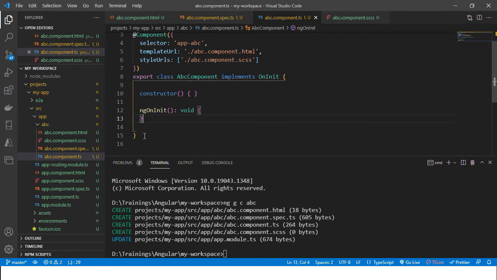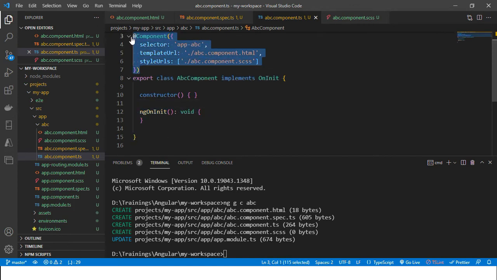This is just a TypeScript class with the @component decorator. The @component decorator takes an object literal as a parameter.